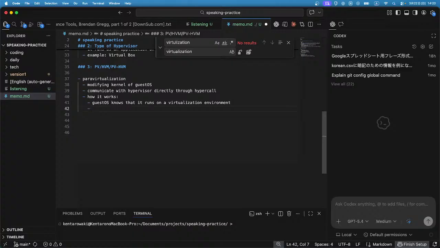So, when the guest OS has to execute privileged operations